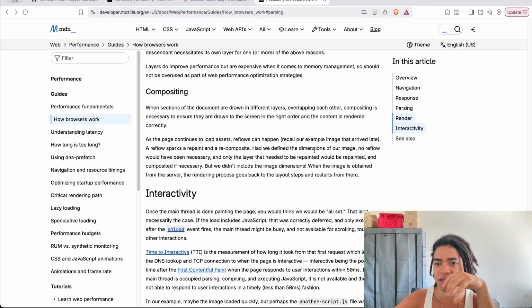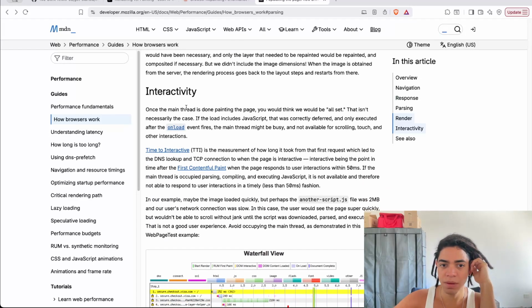Had we defined the dimensions of our image, no reflow would have been necessary, and only the layer that needs to be repainted would be repainted, and composite is necessary. But we didn't include the image dimensions. When the image is obtained from the server, the rendering process goes back into the layout step and restarts from there. Once the main thread is done painting the page,